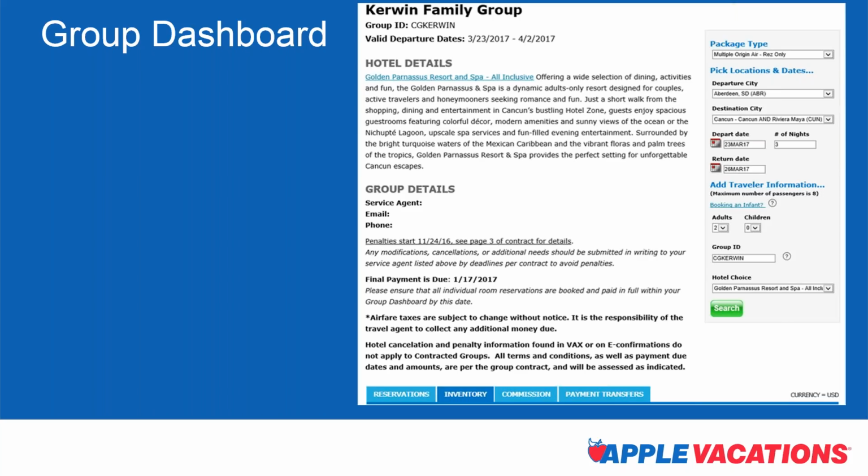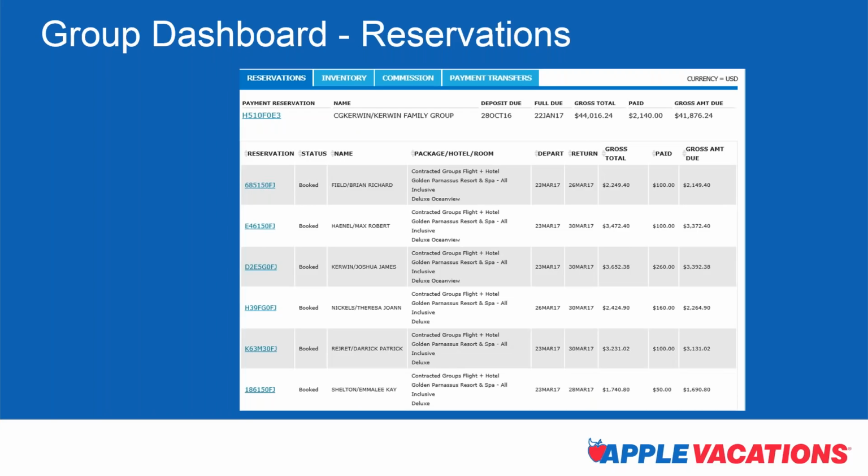On the right-hand side, you'll see a booking engine. That booking engine has already been programmed to have the hotel that you have contracted and the inventory that you have contracted for the dates that you have contracted. As you move to the bottom, you will find this is your toolbox for booking your group. So no longer do you have to keep a spreadsheet of the rooms that you're booking and then send that spreadsheet to us, in which case our people get it and they have to data enter it into our system. And anytime you have multiple hands touching a booking, there's always a chance for error. So this way, all of the control is in your hands.